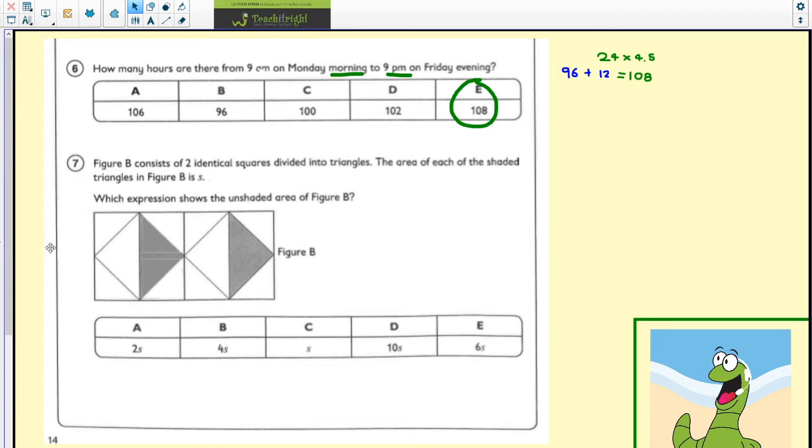Question 7. Figure B consists of 2 identical squares divided into triangles. The area of each shaded triangle is S. Which expression shows the unshaded area? I think we're going to need to do some moving. Well, if I was to take this and split it in half and make myself 2 triangles,